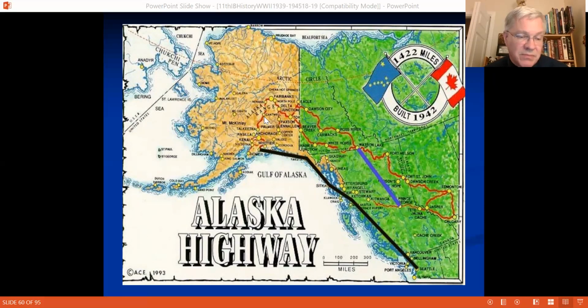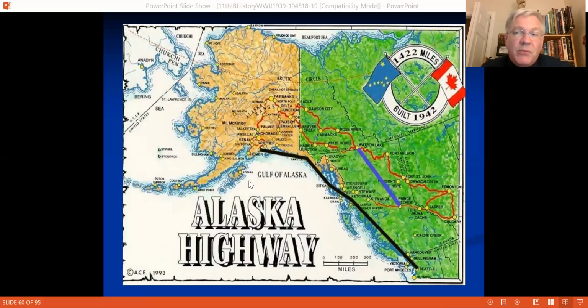This was a major accomplishment, so that we could have the United States linked, and of course all these Canadian resources could make their way to Alaska harbors, because way out here in the Aleutian Islands there was US naval activity. In fact, even the Japanese took one or two of our Aleutian Islands for a brief period of time during World War II. So that was a big thing that was accomplished there. Let's hold off on that one for a moment and talk about a couple of other issues.